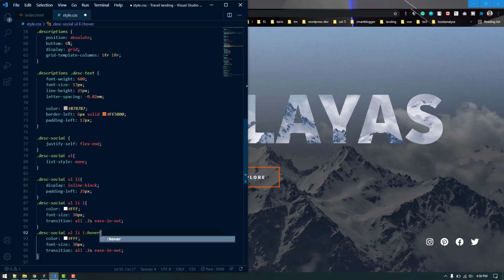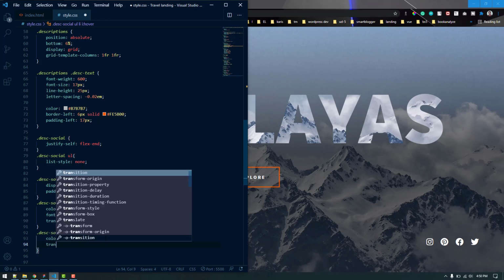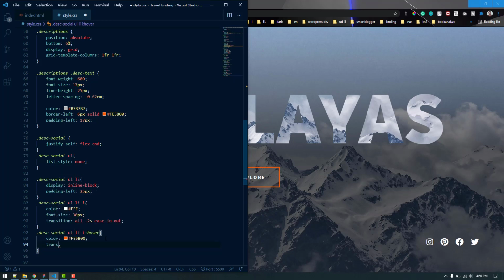So now let's set the hover effect. On hover, we want to change the color to this orange. Font size, we can remove this. Also, we can make a rotate effect. So when you hover on that, it will rotate one time. So let's do that. And we are going to use transform, not transition.